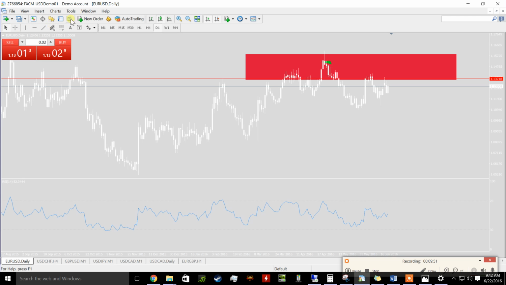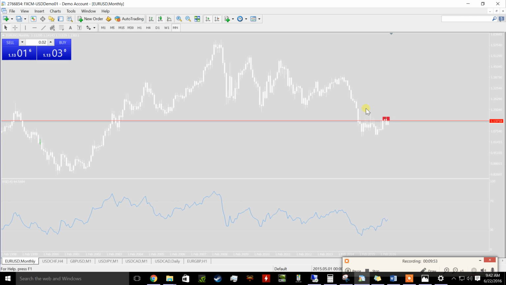For example, if we were on the monthly chart here, just this small time frame here. Look at this. This would be